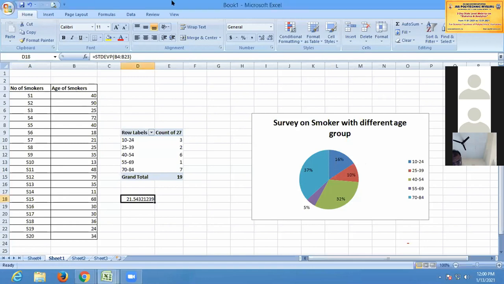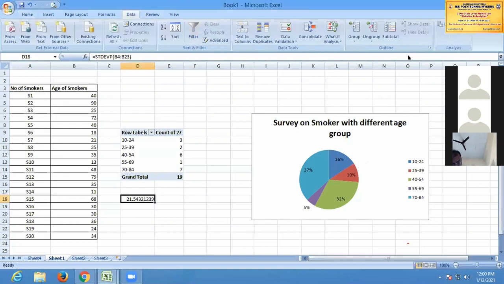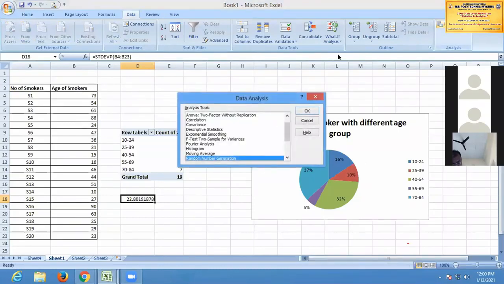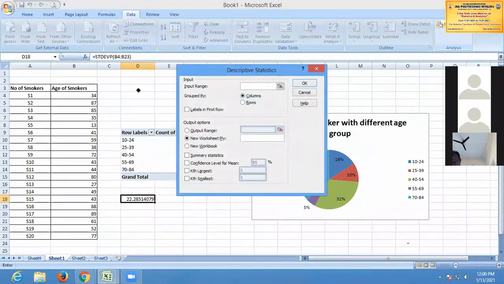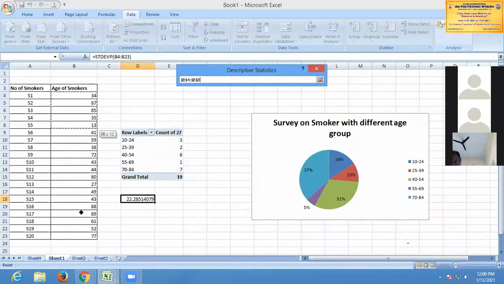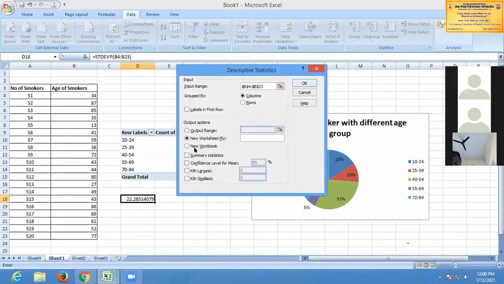go to the data analysis. In the data analysis, click on descriptive statistics, say OK, select the data range, select the values you want to find out, then click summary statistics.